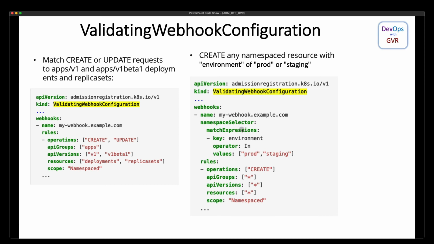Here what I am doing is, whenever you try a create operation on any namespace resource with the key environment, production or staging, that's what this webhook is doing. So match expression means it should match. If it doesn't match, it will fail.